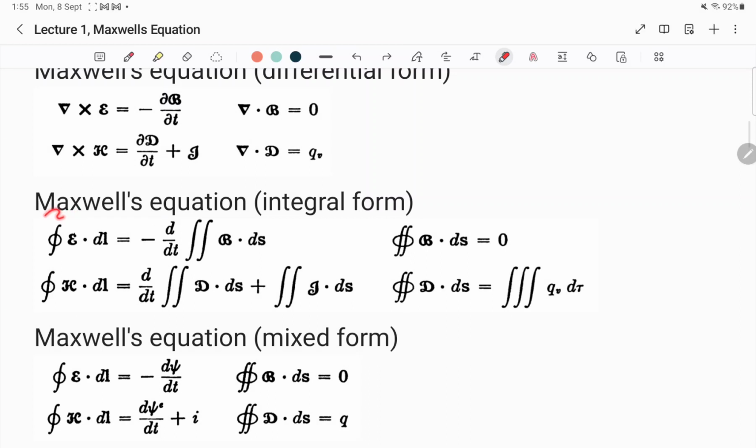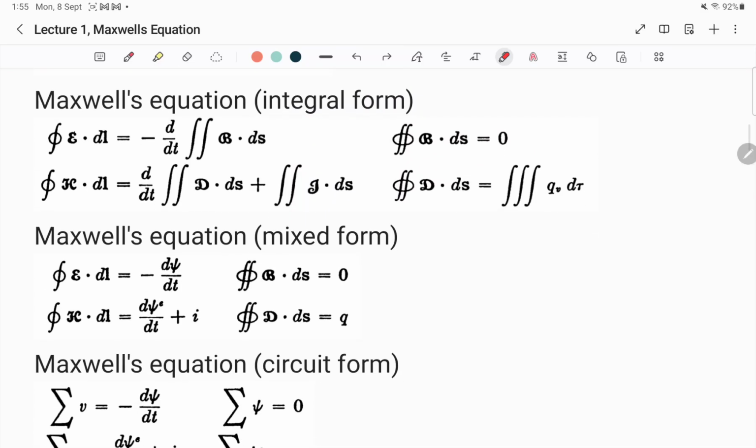Whereas in case of integral form, the partial derivative has changed to the normal ordinary derivative, that is d by dt. And the del operator has been exchanged with the integral operator. That is why we call it integral form. Next is Maxwell's equation in mixed form, where we have